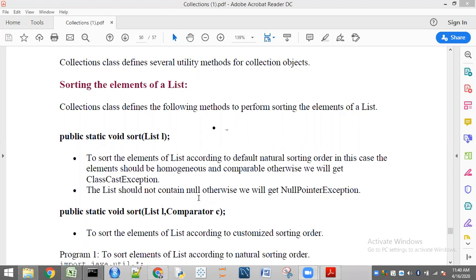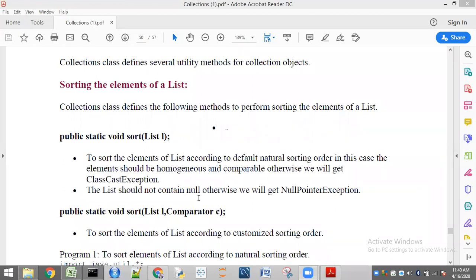Remember one thing. While I was explaining about compareTo and compare methods, that means about Comparable and Comparator, I gave you an important point: if you want to sort a list of elements, or a group of elements, in ascending order, which is the default natural sorting order, then we have to go for Comparable.